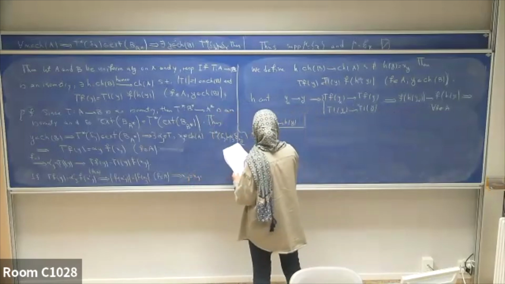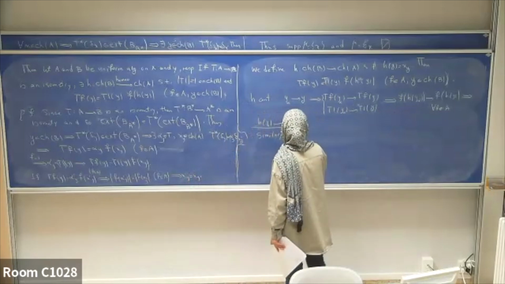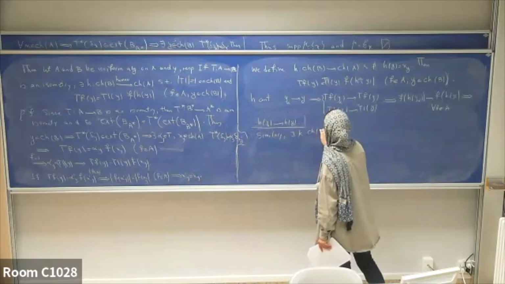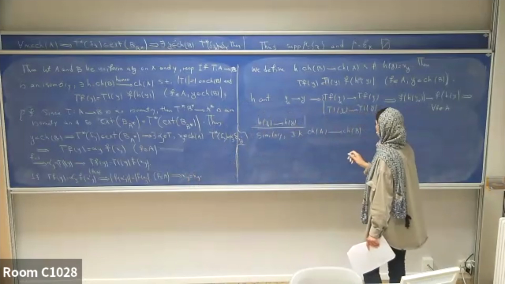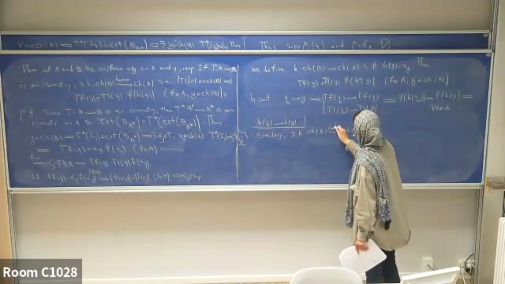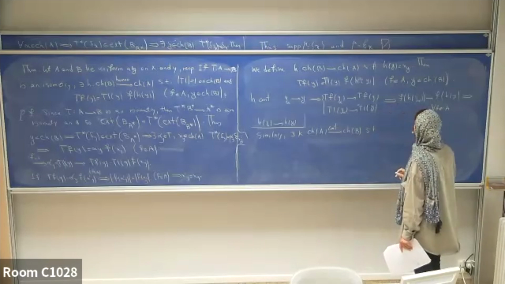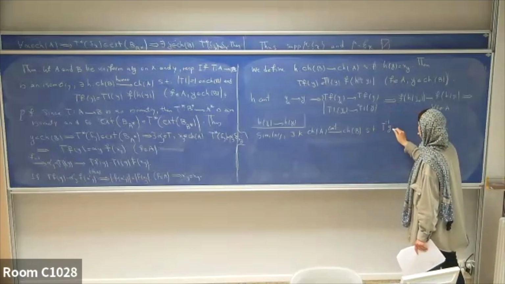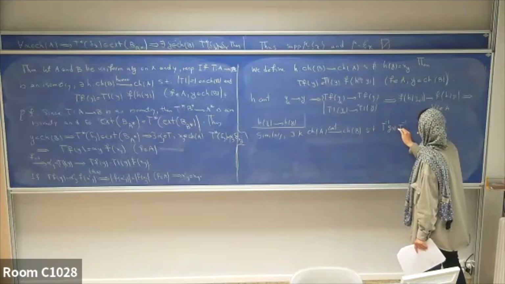Similarly, there exists a continuous function K from Choquet boundary of A to Choquet boundary of B, continuous, such that T minus 1 of g at x